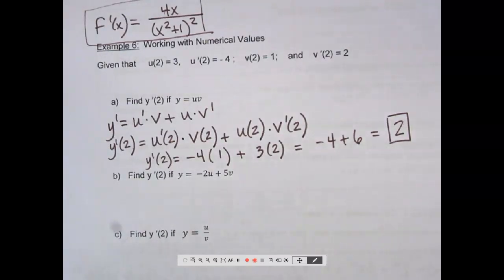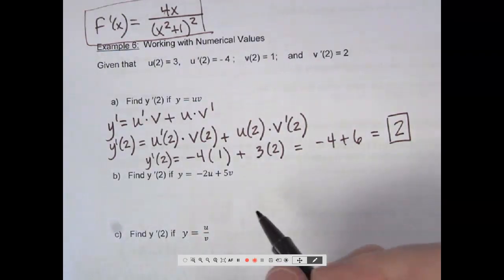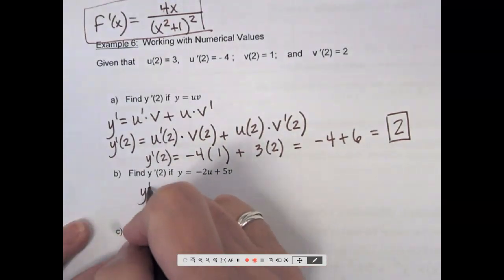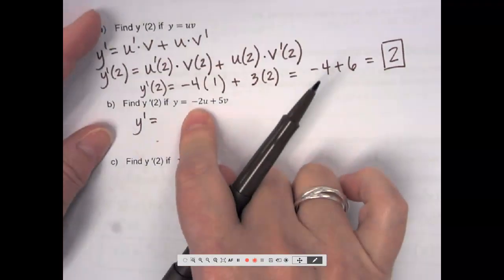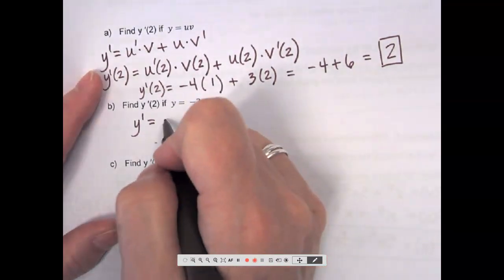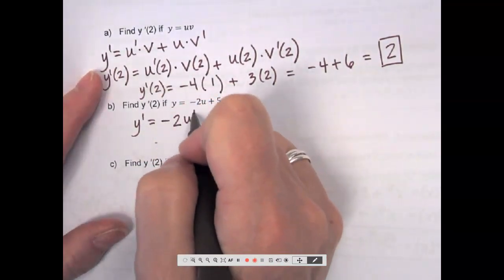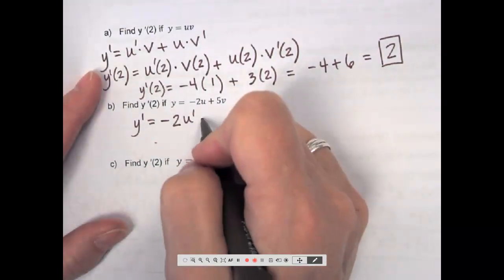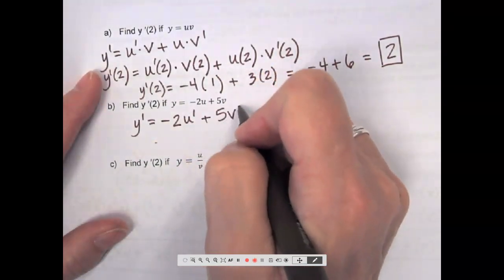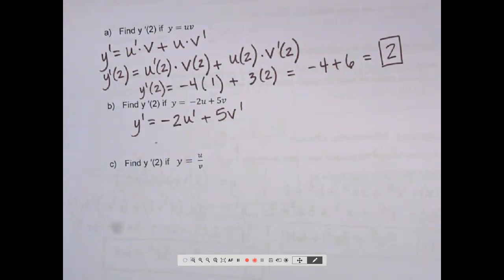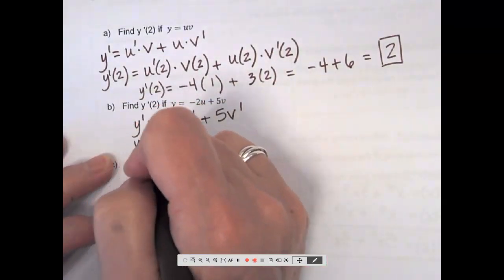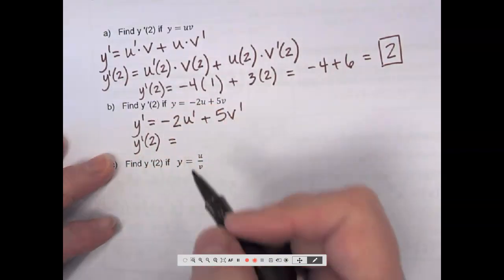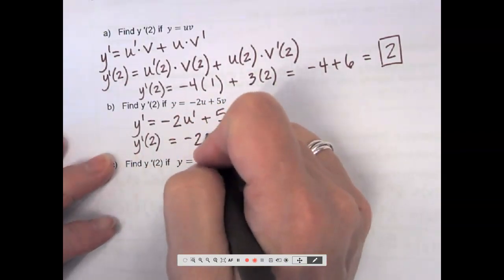Okay, the next one, negative 2u plus 5v. First of all, I'm going to just take the derivative of that. Now, negative 2 is a coefficient. The coefficients stay with it, so it's going to be negative 2u prime plus 5v prime. Well, it's at 2, so y prime of 2 will be negative 2